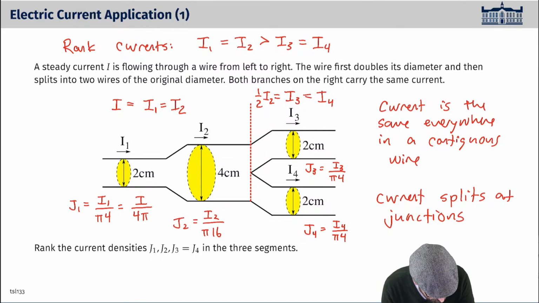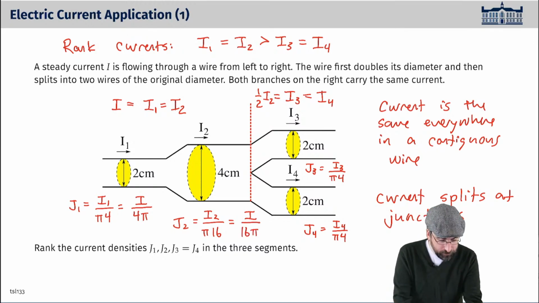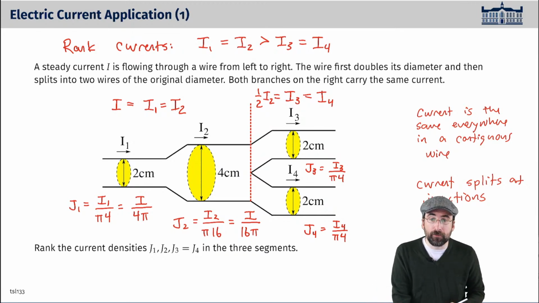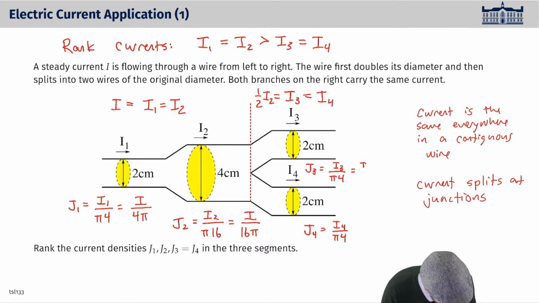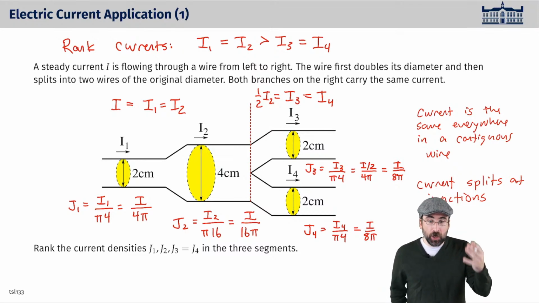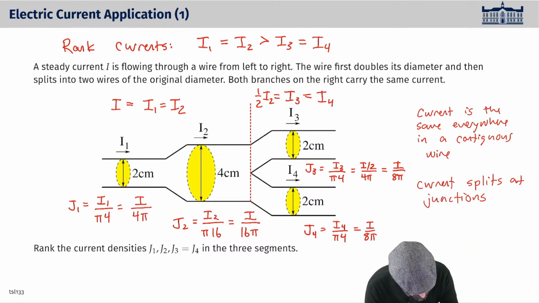I know I2 is equal to I1, so that is also equal to I over 16 pi. By contrast, I'm going to get these words out of the way, just so I give myself a little bit of room. I3 and I4 are both equal to half that value. So I divided by 2 over 4 pi, which gives us I over 8 pi, which is the same thing for I4 as well. So just noting that my largest current is the one that I'm dividing by the smallest number,